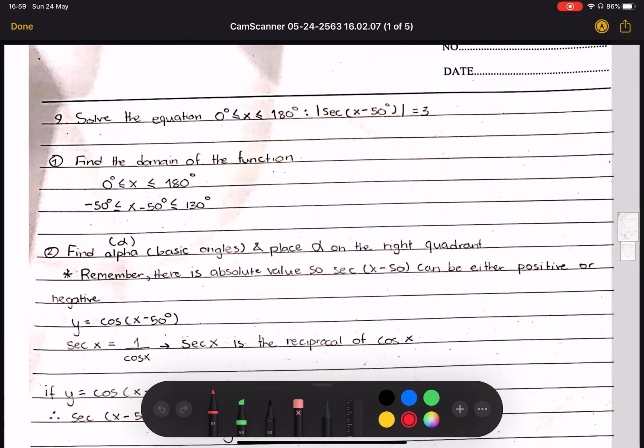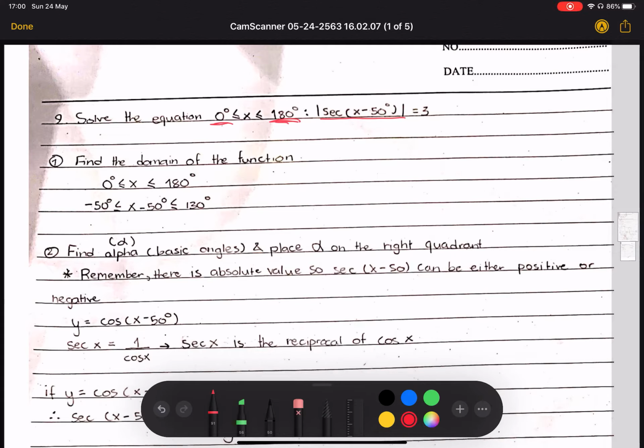Okay, for the second question, they ask us to solve the equation of absolute sec x minus 50 degree equal 3 for the domain between 0 and 180. First, we have to find the domain of the function. The normal domain